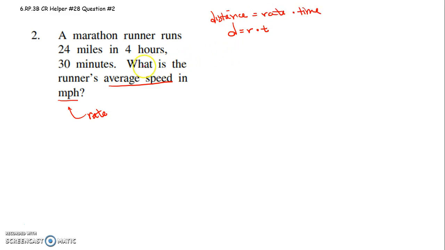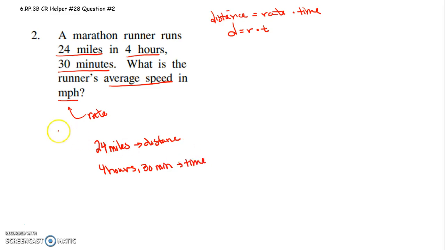So I want miles per hour. All right, so I know that they run 24 miles. So if you have 24 miles, that's your distance. And if you have 4 hours, 30 minutes, that's your time. However, because we need it in miles per hour, instead of writing 4 hours, 30 minutes, well, 30 minutes is